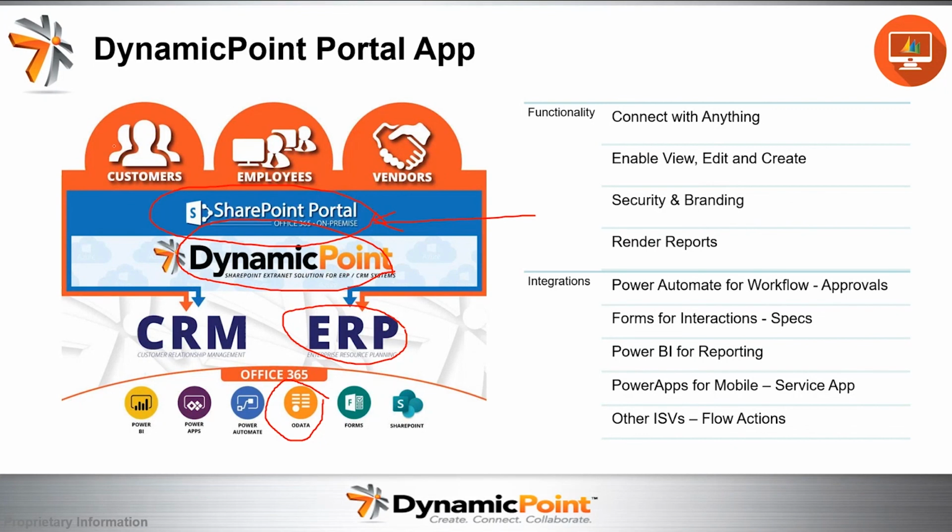Now, depending on my audience, if it's a customer, an employee, or a vendor, I'm going to share different information, right? For customers, it's probably going to be things like orders and AR invoices, etc. For vendors, it's going to be things like purchase orders and payable invoices, etc. And then for employees, we discussed that as well. It'd be more internal facing things like operations and HR information.